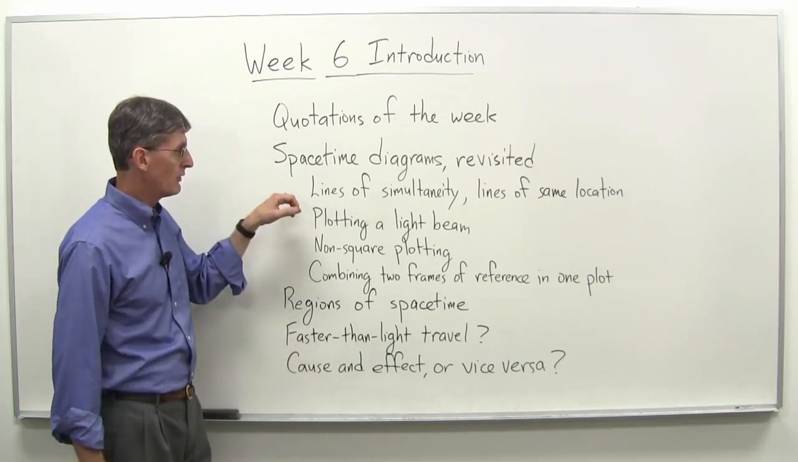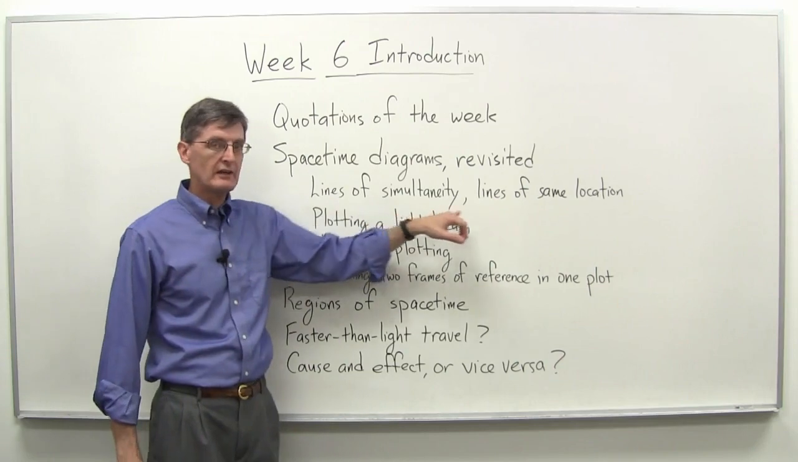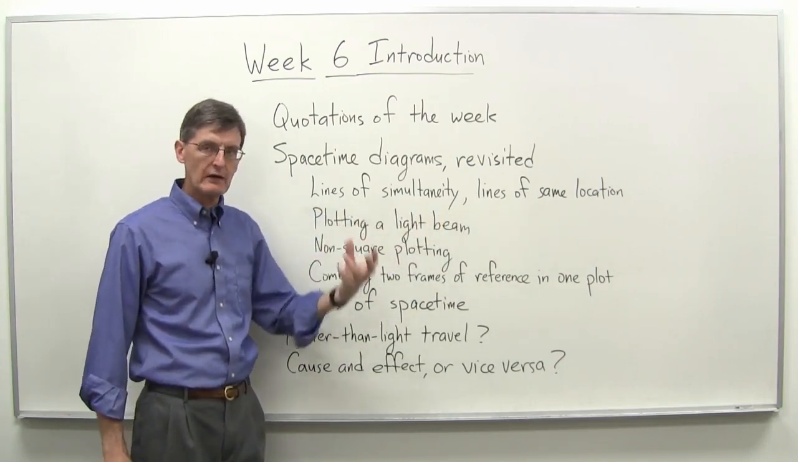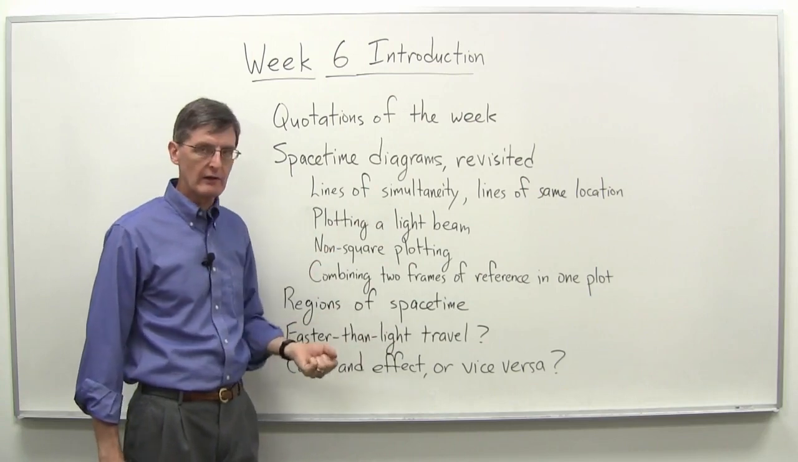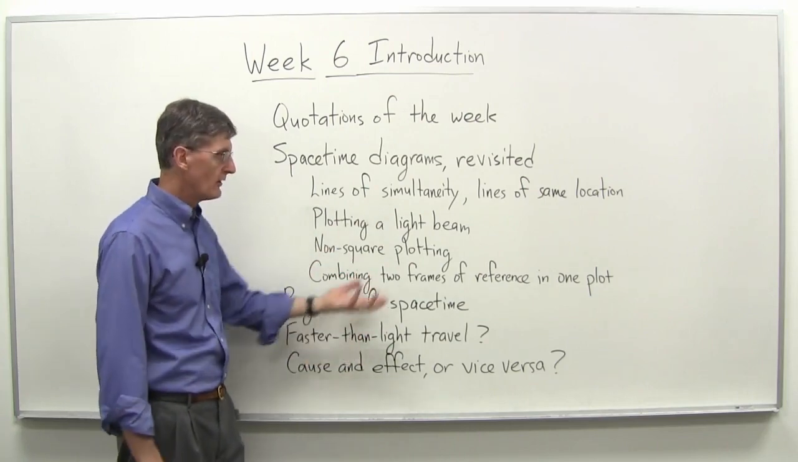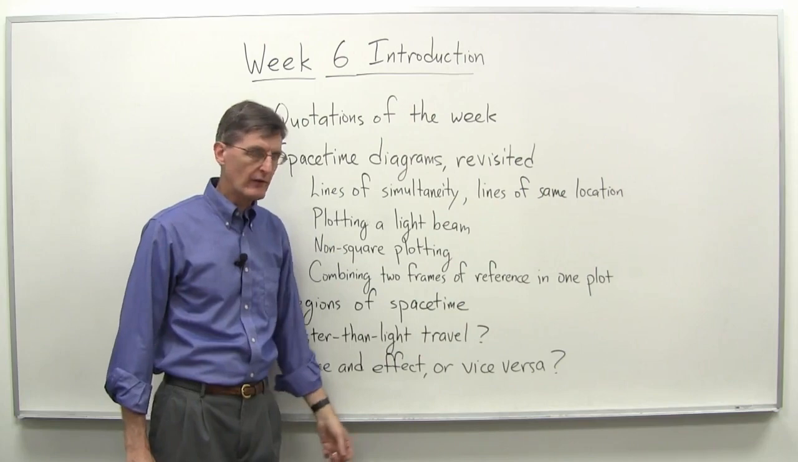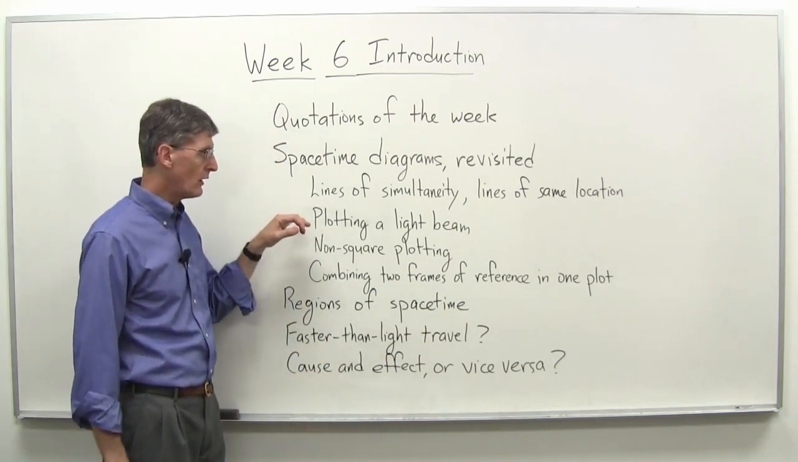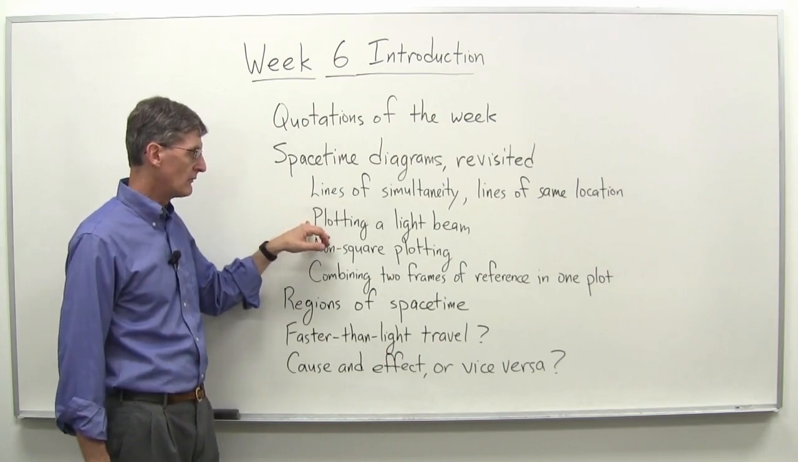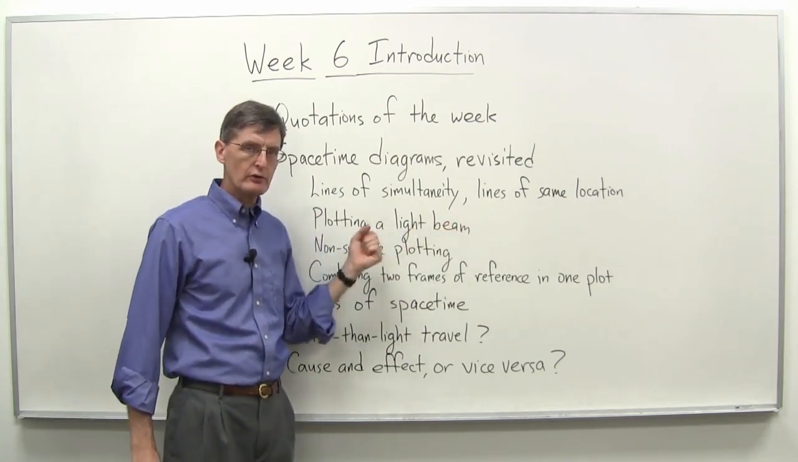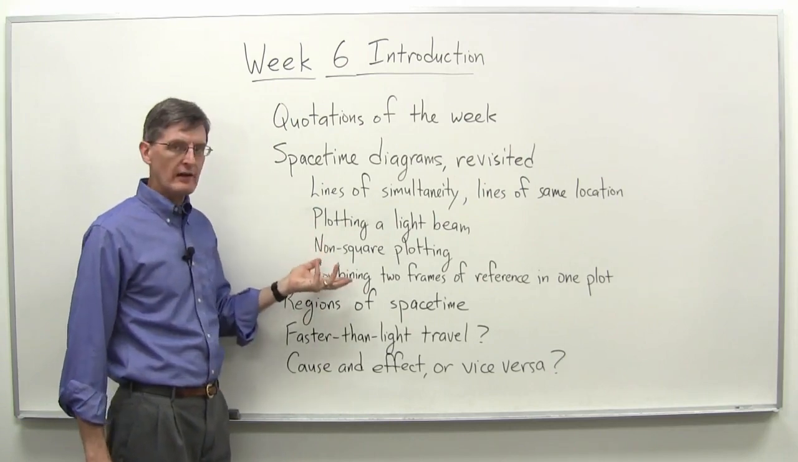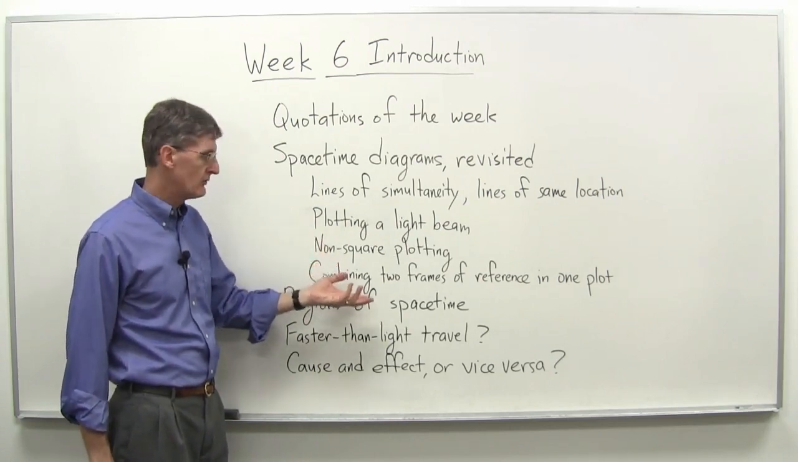well. So we'll talk about lines of simultaneity and lines of same location. Lines of simultaneity really being lines on a space-time diagram of same time, and lines of same location being lines of same location. We'll talk about plotting a light beam on a space-time diagram and use special units for c that are useful. Then we'll move on and do something that's going to be a little strange, probably, and that